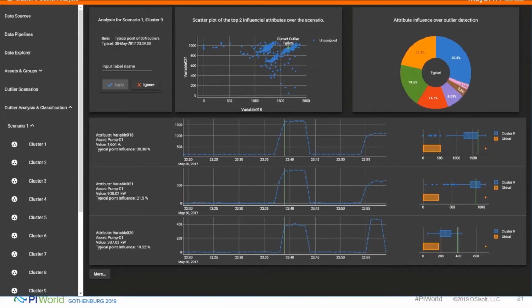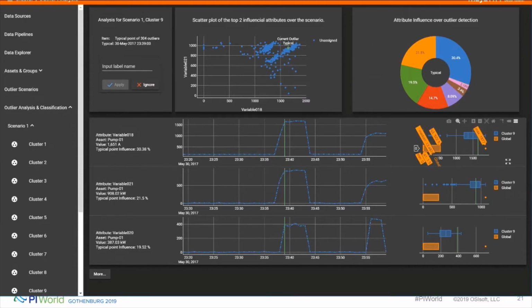And then at the bottom of the screen, you can see more information about those influential outliers, showing the time. The green line shows the time where we detected the outlier, and then you can see the curve about 20 minutes before and after, showing how that attribute was behaving just before and just after the outlier event. And the idea here is to be able to identify what the actual cause of the outlier is. As Remy said, it could be an expected event, it could be something that's good, it could be something that's bad. But a subject matter expert can take a look at this.